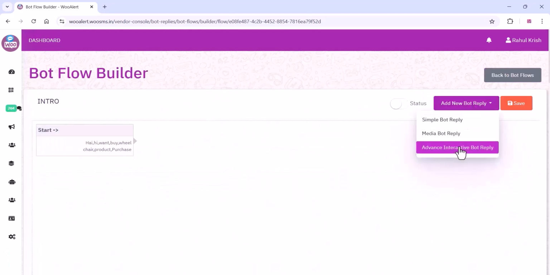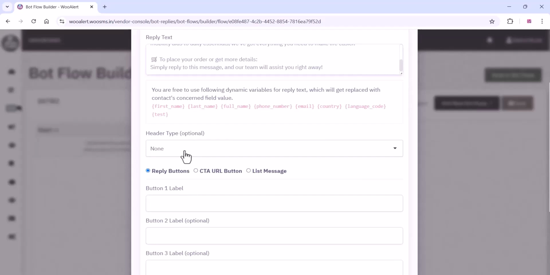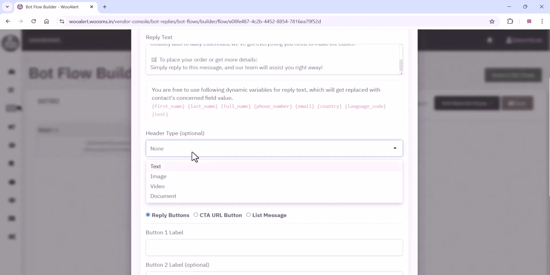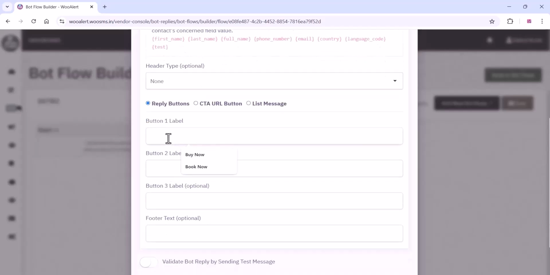Here you can add a new reply, advanced bot reply, and you can add all these things, the chat options and reply buttons, etc. And you can add the button labels. You can add any type of labels. Currently 3 button options are available, so you can use all these 3 options. So you can add all these things